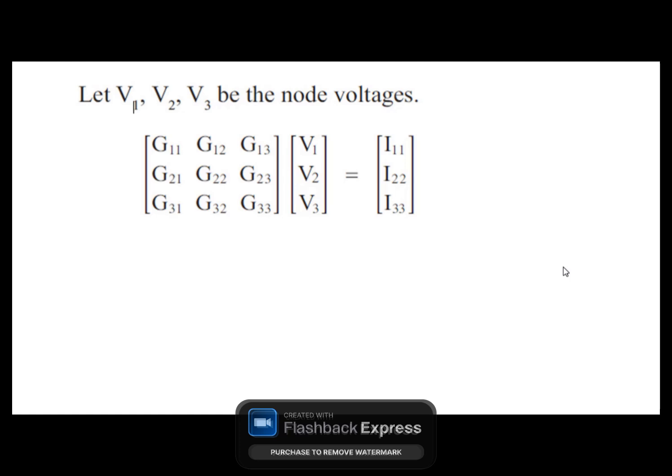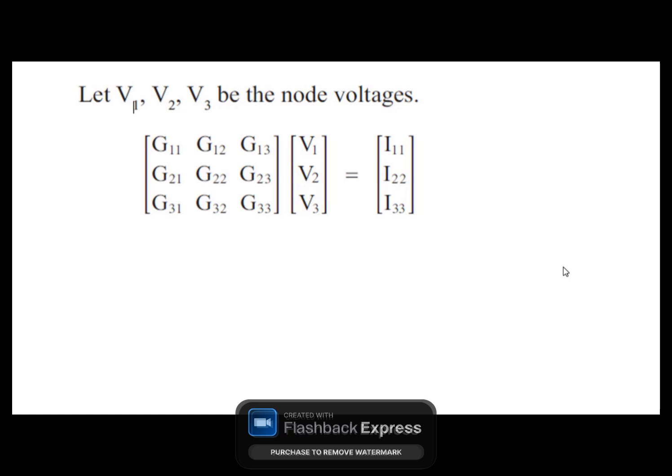So now that we will form the nodal matrix by inspection. The nodal matrix takes the form G into V is equal to I, where G is the conductance matrix and V